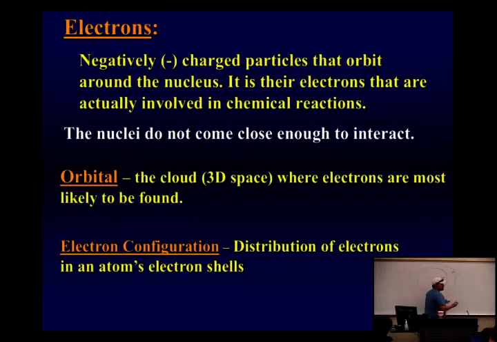So let's predict where the electrons are. We don't care about these inside shells, right? We want to know what's on the outside because that's what's going to interact with our other atom. That makes sense? So let's figure out what the electron configuration of sodium looks like. You guys help me out. So this one holds 2, this one holds 8, and